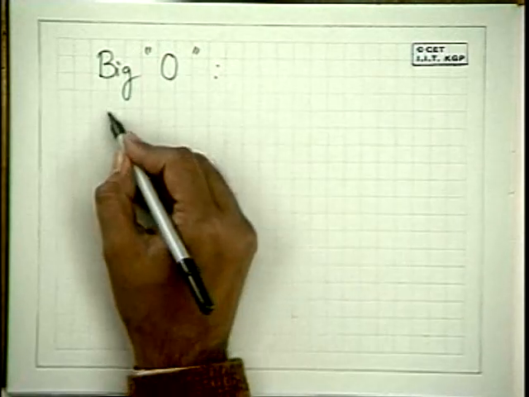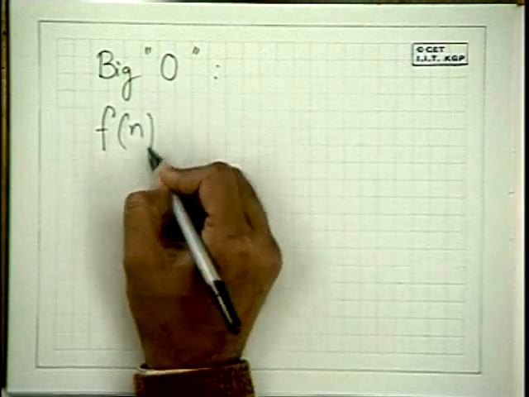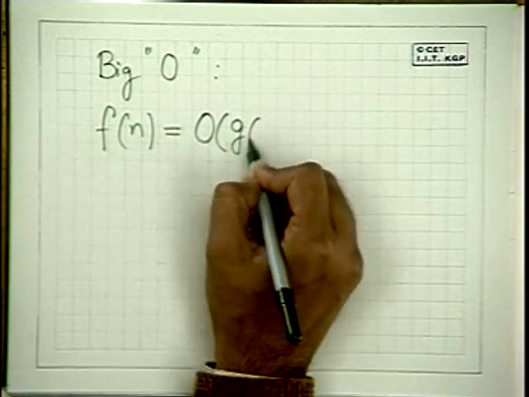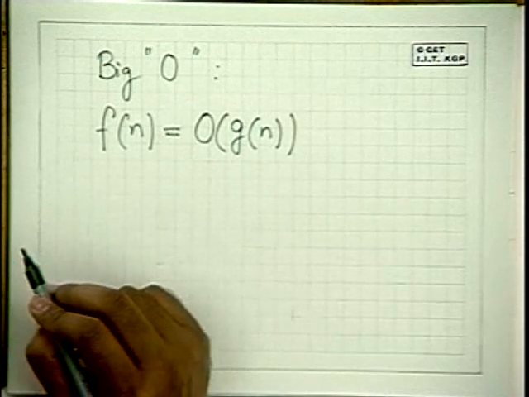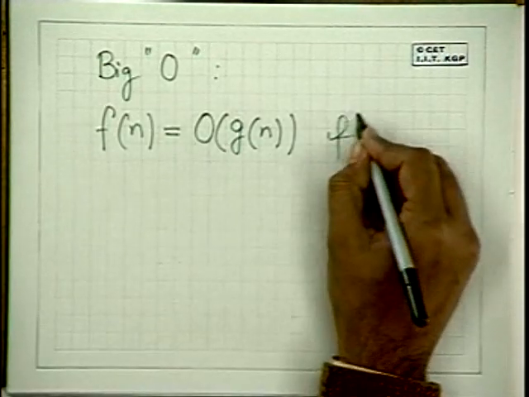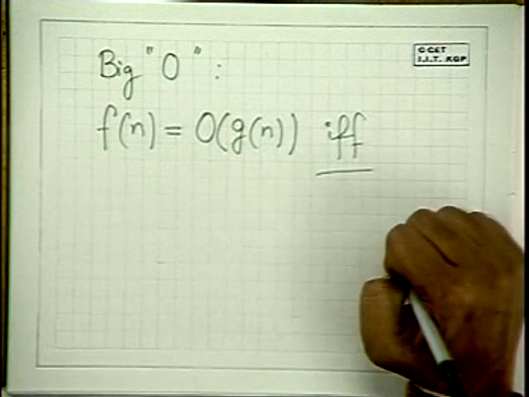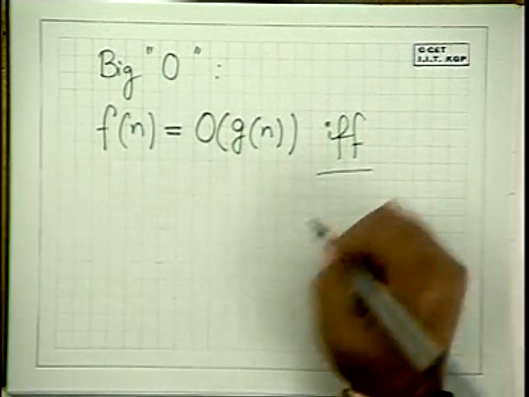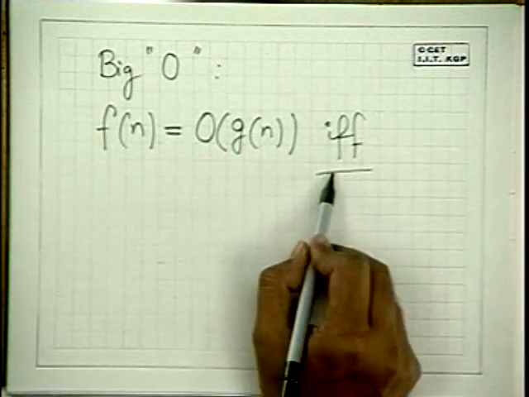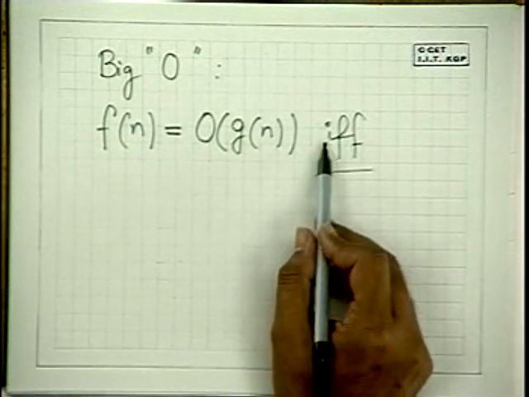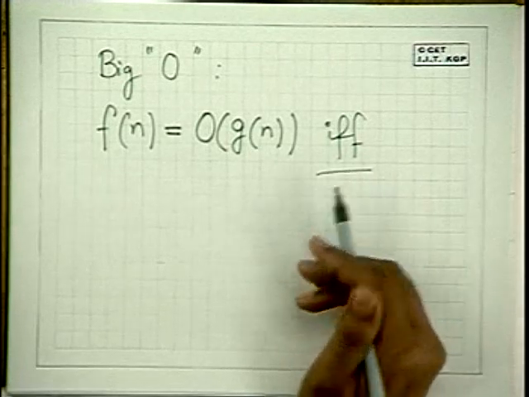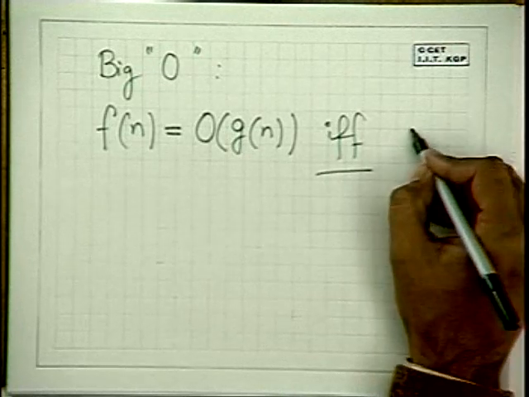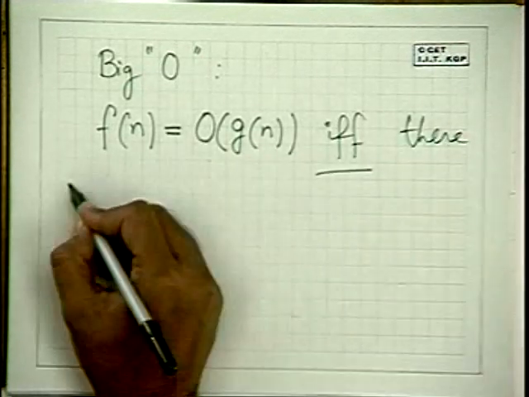We say a function f(n) is of the order of another function g(n) if and only if. Do people know what is if and only if? If and only if is both necessary and sufficient. Most of the time I will be writing if and only if as IFF. This is a usual notation. So if and only if there exist